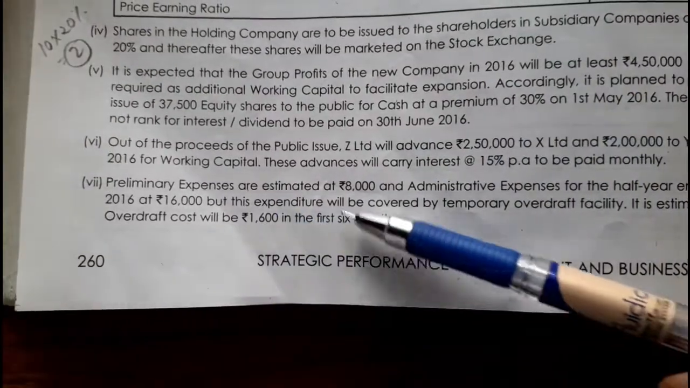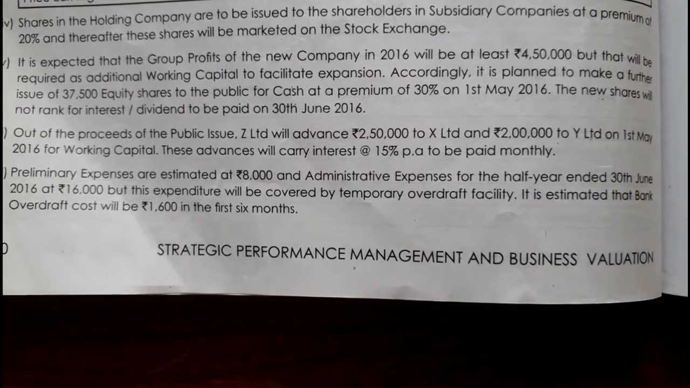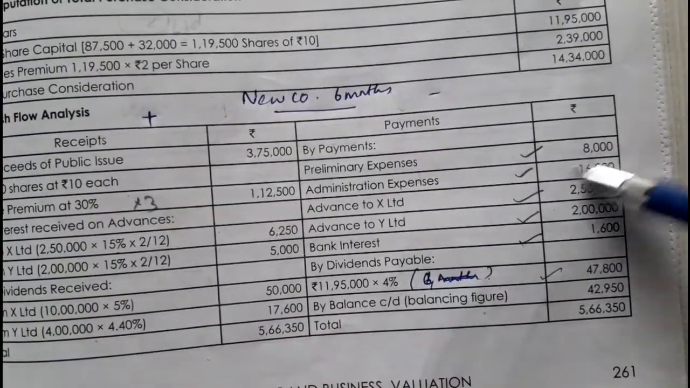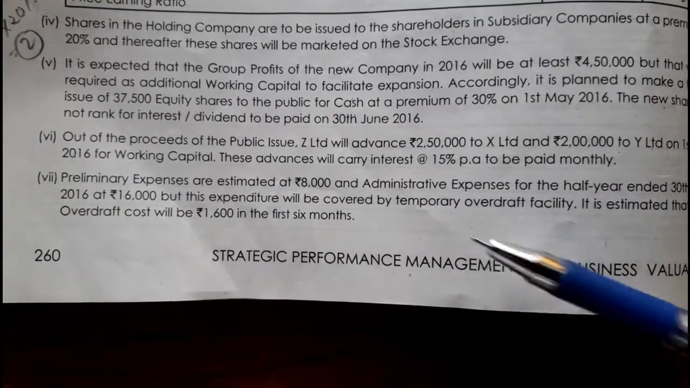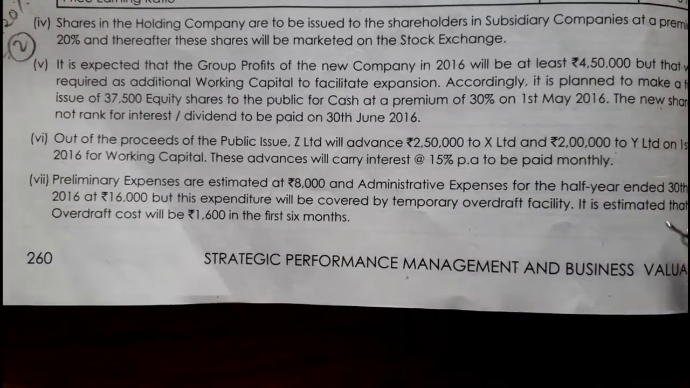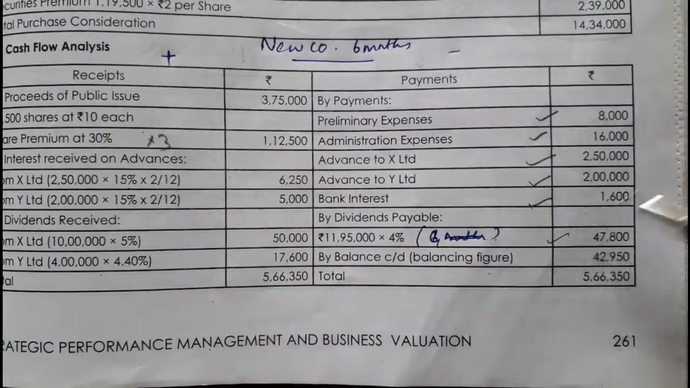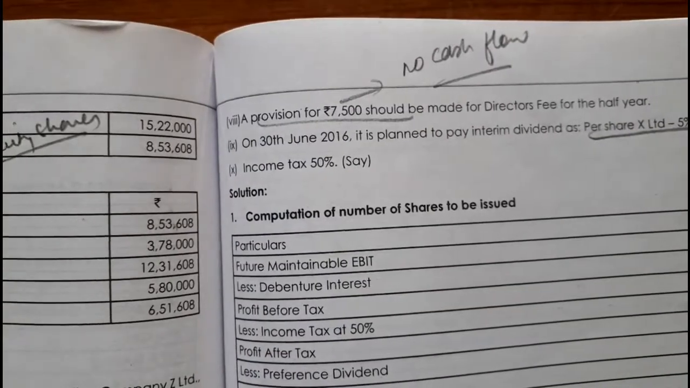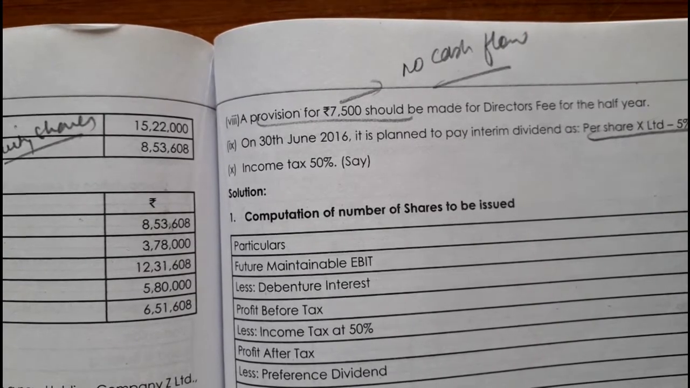Later, preliminary expenses are 8,000, and administrative expenses for half year are given, that is 16,000. So it's an expense, 8,000 and 16,000 are going to be flowing out. Now the expenditure will be covered by a temporary overdraft facility. So overdraft interest is 1,600 for the 6 months. So 1,600 is also our expense. Later they have told that a provision of 7,500 should be made. Provision, we know there's no cash flow happening, it's a non-cash item, so it would not appear in the